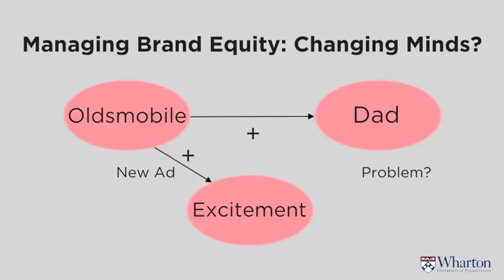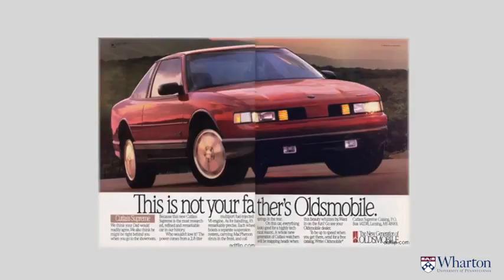What happened here? There's cognitive dissonance here. The problem is the association with Dad and Oldsmobile was extremely strong. The association that my dad is not exciting was extremely strong. So the weak link here was that Oldsmobile cannot be an exciting car. And that was a very strong inconsistency they couldn't fight. It was so strongly associated with my father, and fathers are so not exciting, that people just did not believe the new ad. It was obviously hurt even more by the ad.